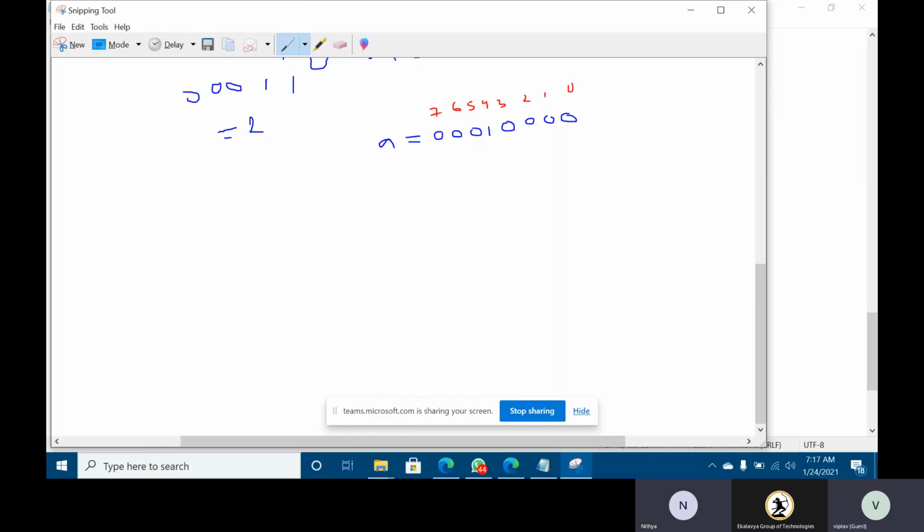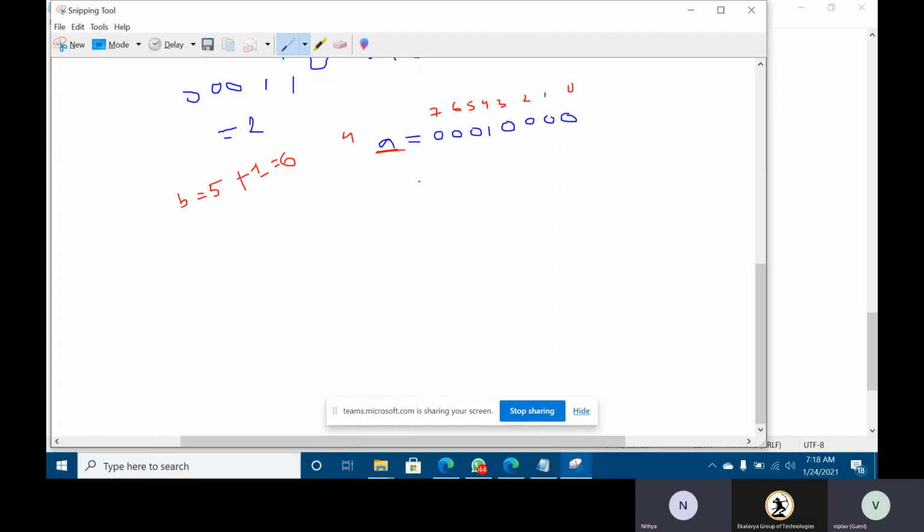So A is 4, so this is enabled at the fourth position. Now B is 5, so B is equal to 5. For whatever the value of B, we have to add 1. So total is nothing but 6. So 6 times we have to circular shift A. Let us see how we can make a circular shift.